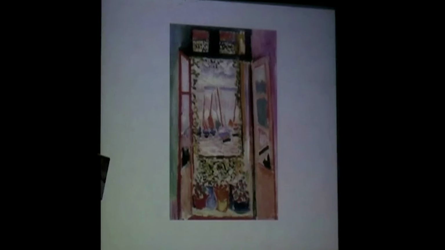Well, this is Matisse, a fauve picture, The Open Window in Collioure, 1905. Here you have Picasso doing a gouache in 1918 in Saint-Raphaël with a still life in front of the open window,